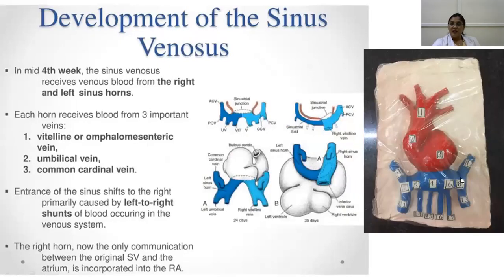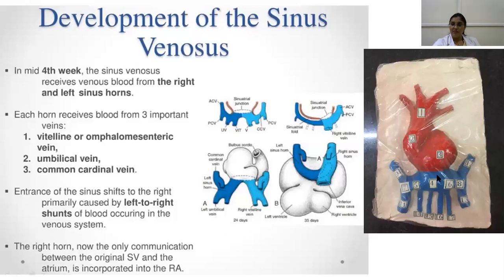Then here you can make out, this is the same heart tube which you have seen previously. So here they have already folded. And you can make out the venous end with all these markings. Actually, I'll be removing all these labels in the examination. This is actually meaningless here. But this is sinus venosus, the two horns, and into the two horns, three pairs of veins open. That is common cardinal, then the vitelline, and the umbilical veins.